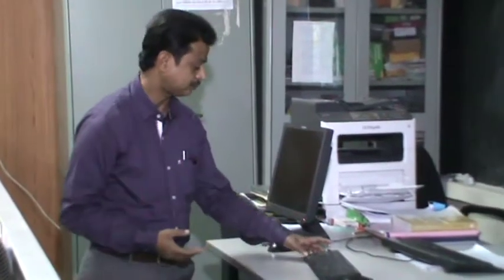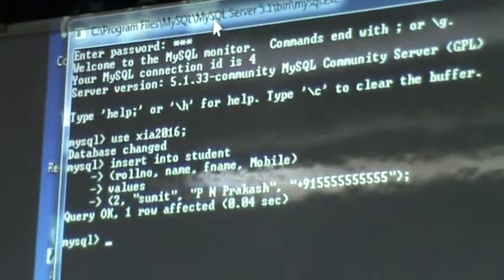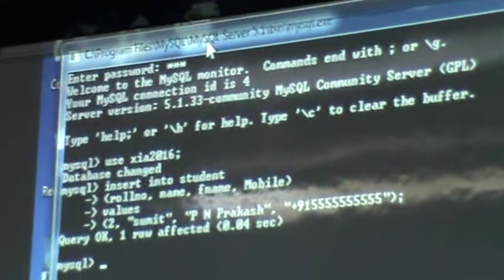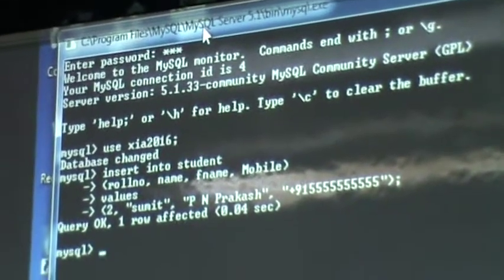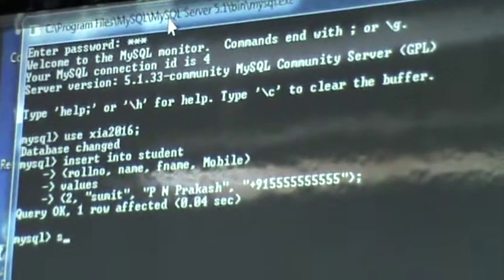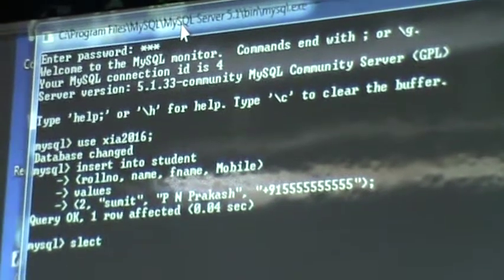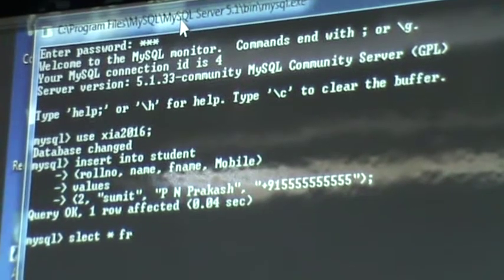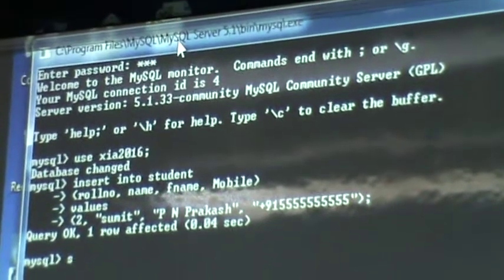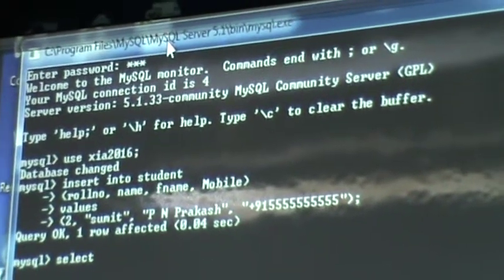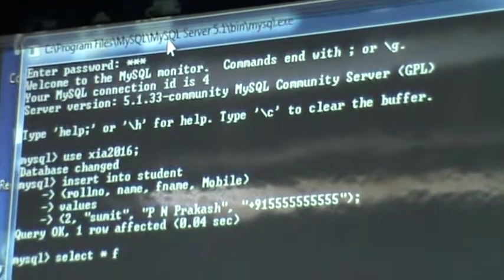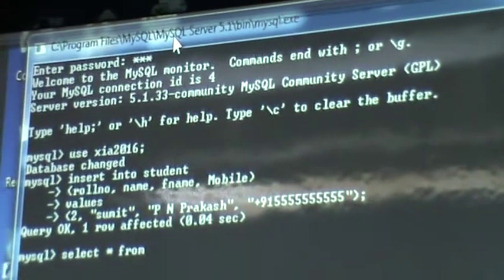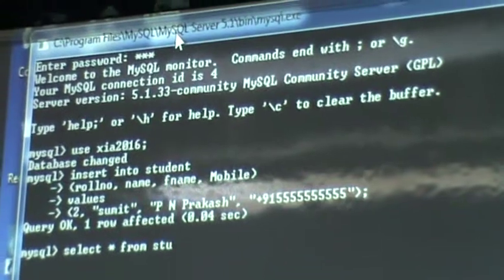Look here. We will write select star from table name student.